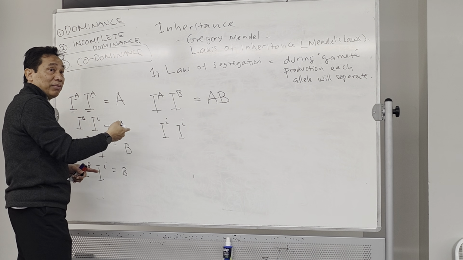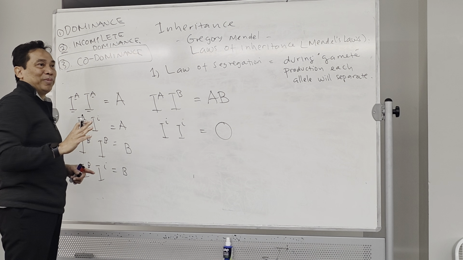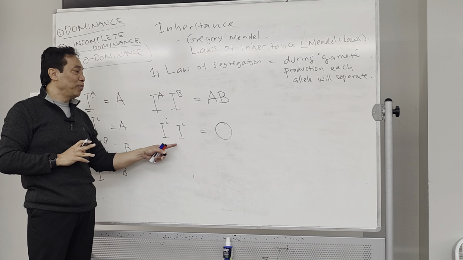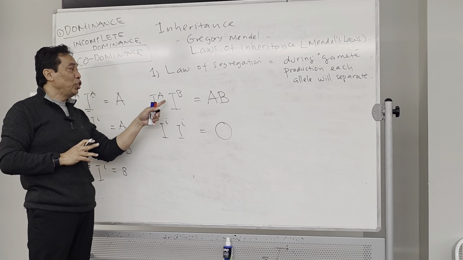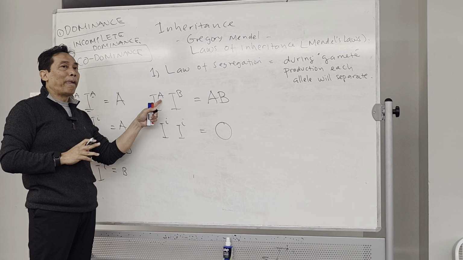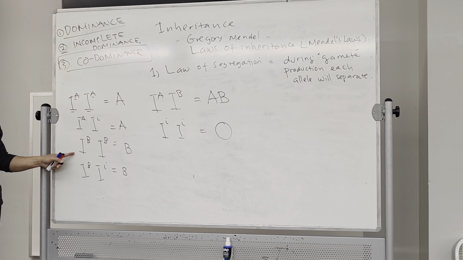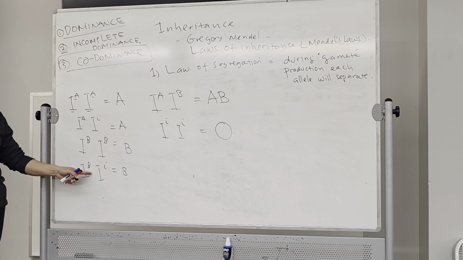This is the one that is recessive, the one that has O blood type. If you are O blood type, you will know that your genes will be like this. If you are AB, you will be sure that this is your genes. But if you are A or B, you might have this or this.